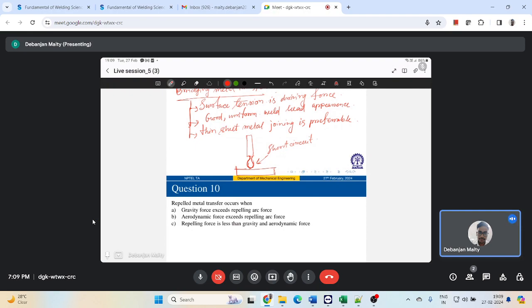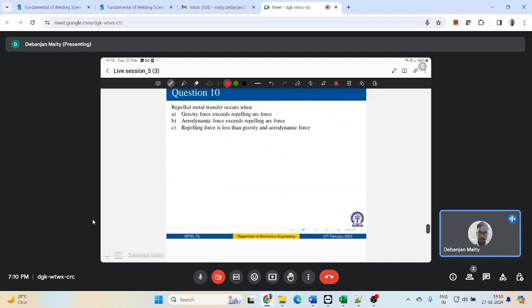If you try to understand the characteristics of this short circuiting metal transfer, I was telling that this neck formation will be quick enough because of increased current density, and then at a certain point of time that short circuit occurs and extinguishes the arc, and the voltage drops down. So if we try to figure out the different steps,